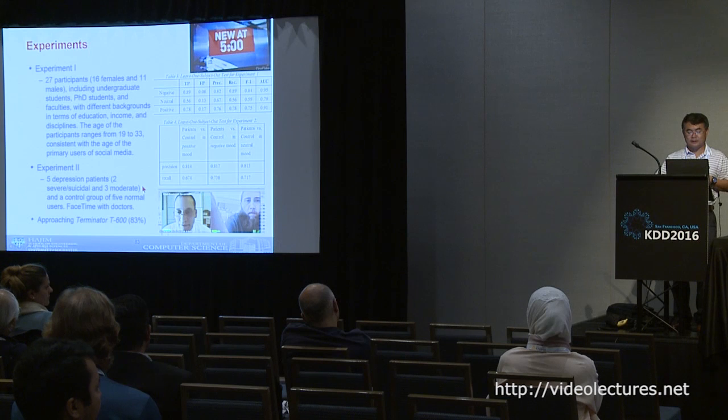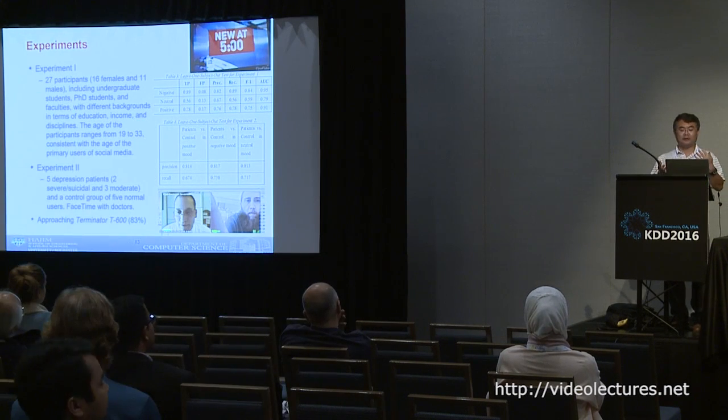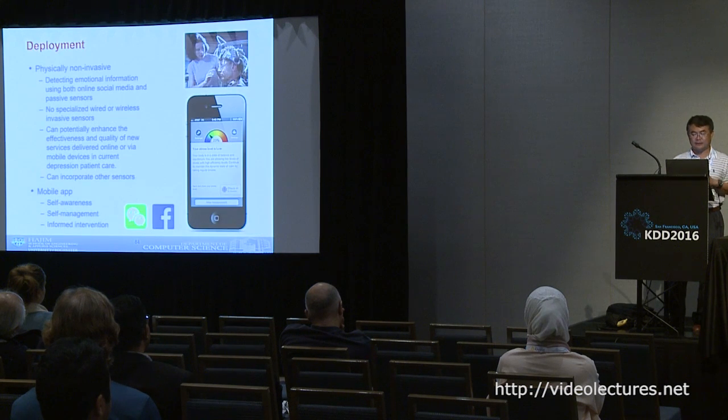And in this case, these are really depressed people, so they don't do social media much anymore. But since this is a live conversation, we actually can measure the mental state from their voice, not what they say, but how they say it. So that replaces the social media signal, and we can also do close to over 70%.